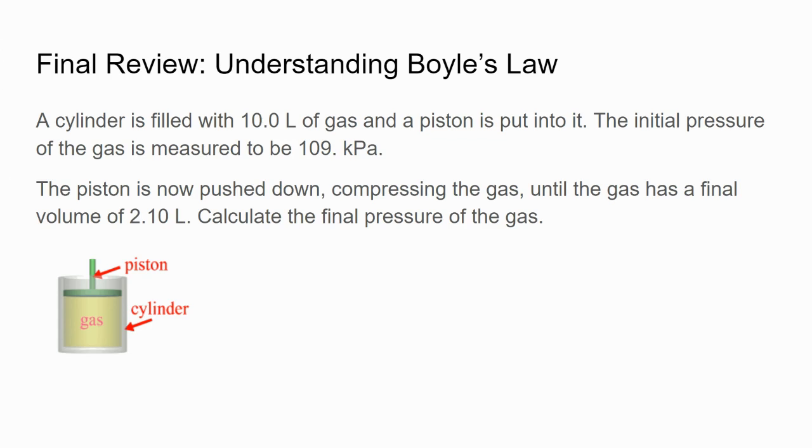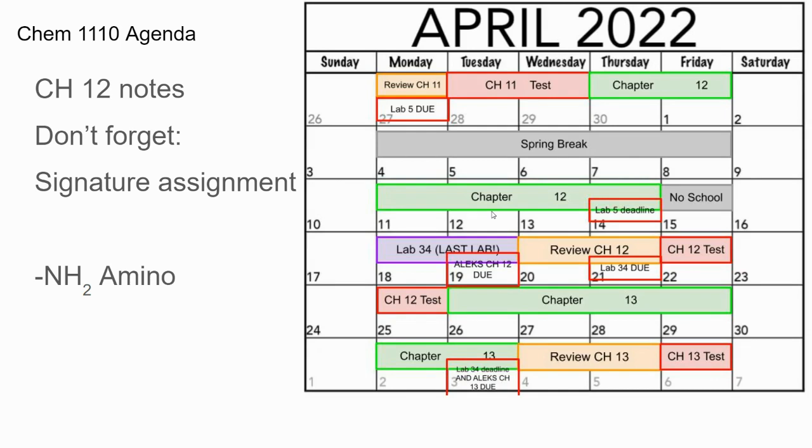Where's the schedule? Here we are. Okay, so don't forget we have a signature assignment. Also, I noticed that a lot of us missed this question on the test. Here it is. And on the last test, so on chapter 11 test, NH2 is amino. So I had on the diagram carbon NH2, so I'll go back and fix that. But moving forward, amino is just the nitrogen and the hydrogens. Okay. Does that make sense? Okay. All right, I didn't realize that was confusing because it made sense to me, but I can see that